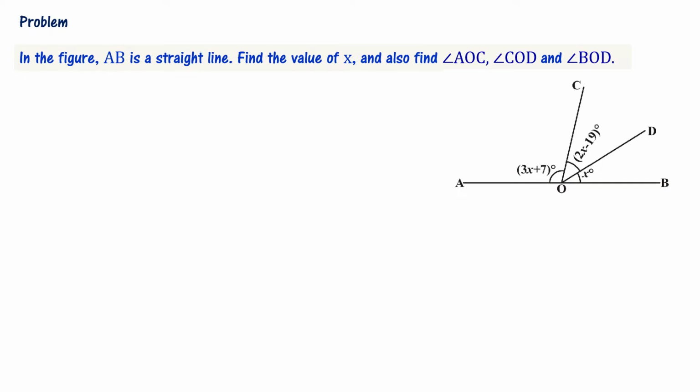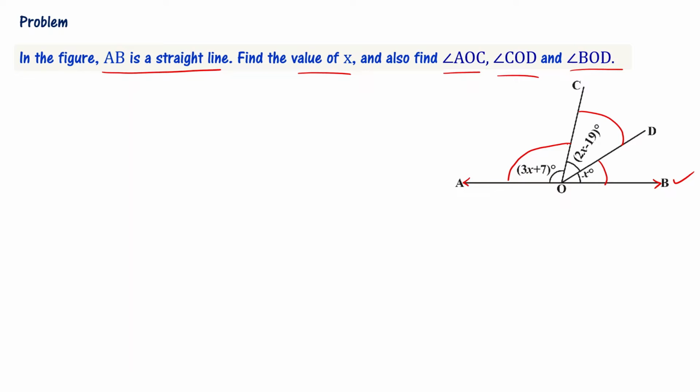Let us solve a problem now. In the figure, AB is a straight line. Look at this figure, AB is a straight line, right? Find the value of x and also find angle AOC, right? That is shown here. Angle COD is given here, and angle BOD is x,